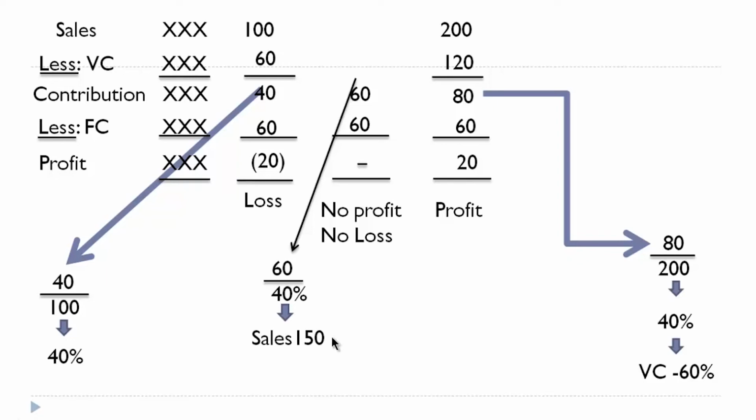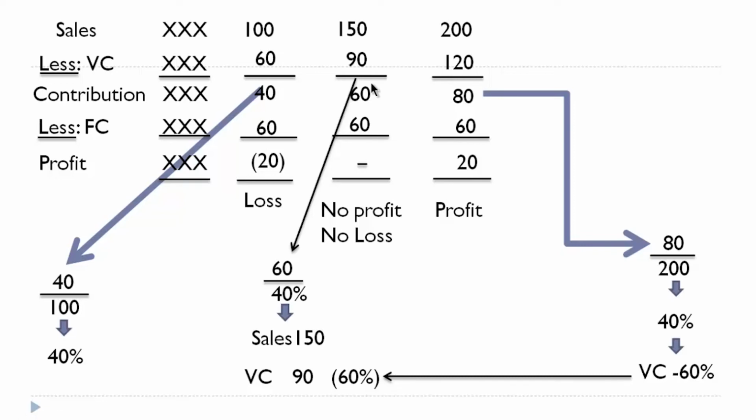So now this would tell us what is the variable cost. So this is 100%, this is 40%. So 60% should be the differential figure. So we understand variable cost is equal to 60%. So 60% on sales would be, say, 90. So now we have the information of sales, we have the information of variable cost. So we can fit them here. Our sales is 150, variable cost is 90, and contribution is 60.